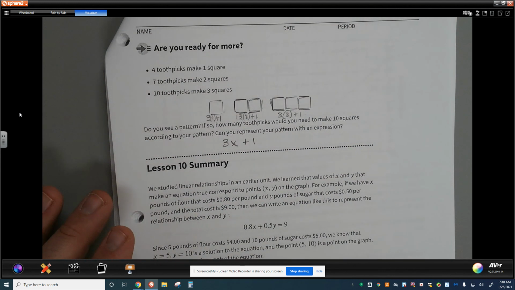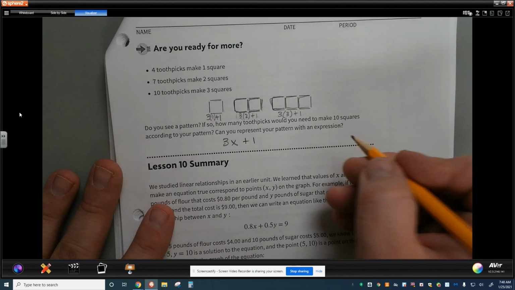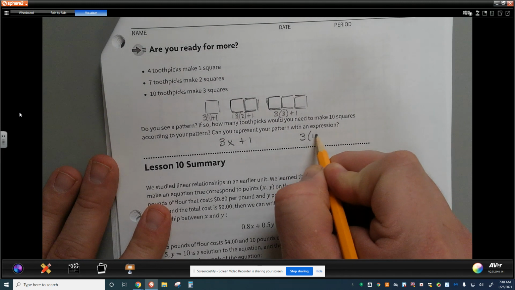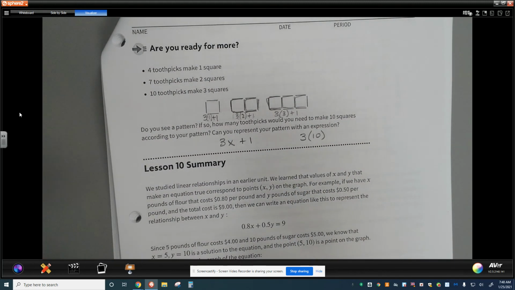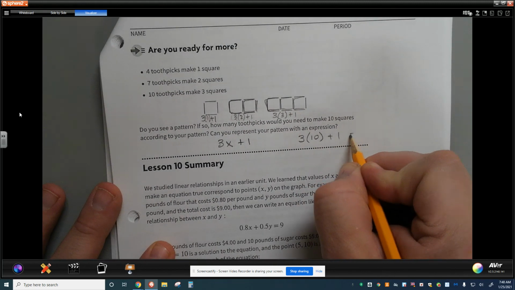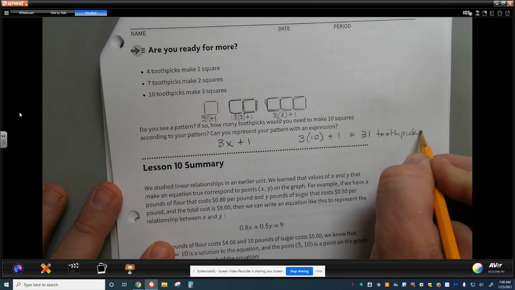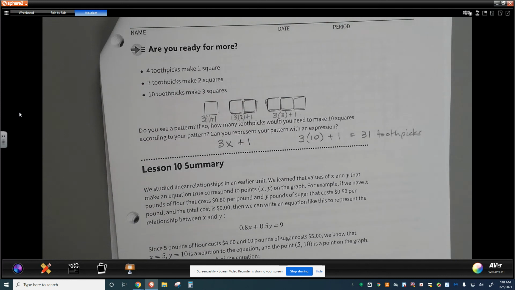So if we want to have 10 squares, we need to think about this as saying the expression 3 times 10 squares, or 3 toothpicks for 10 squares, plus 1 is going to give us 31 toothpicks for this situation when I look at 10 of them. All right,